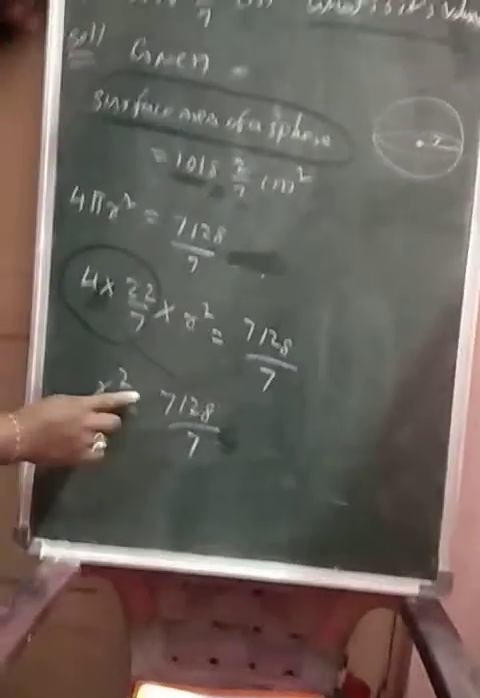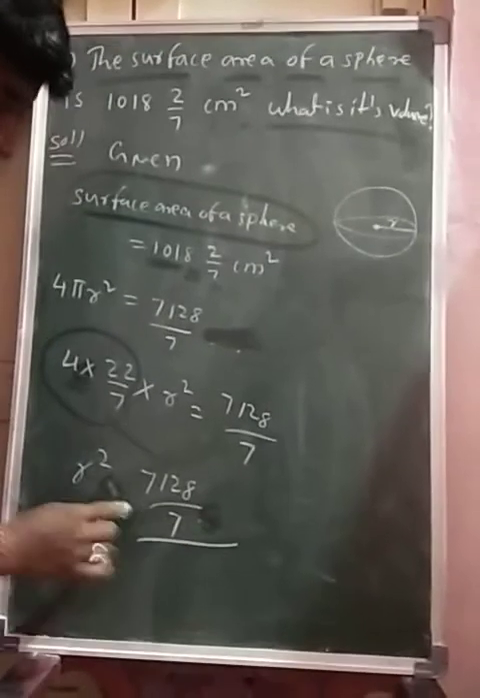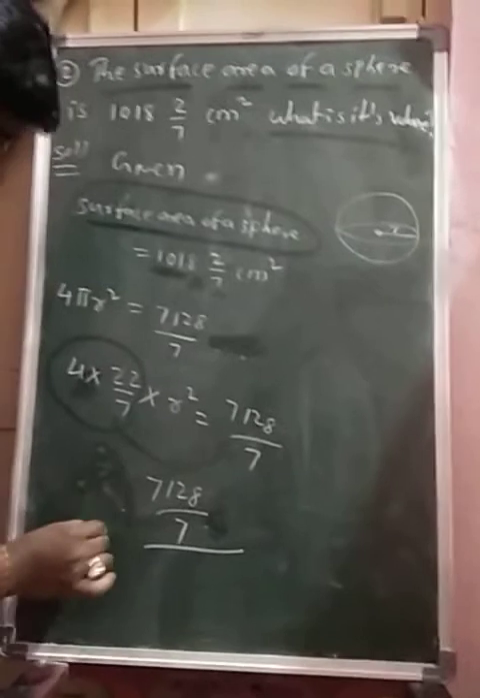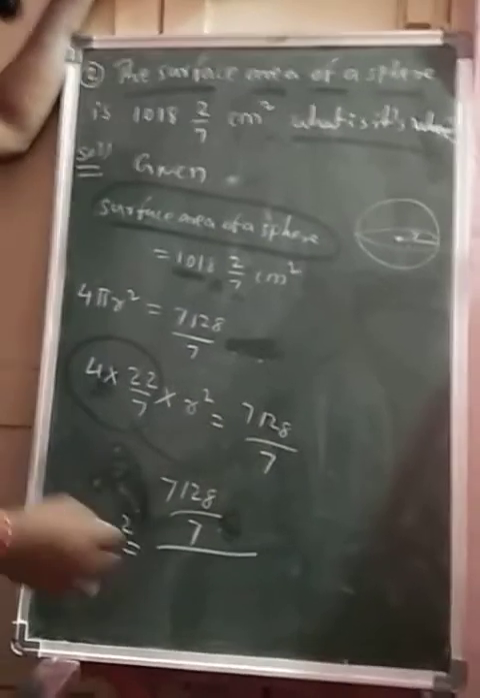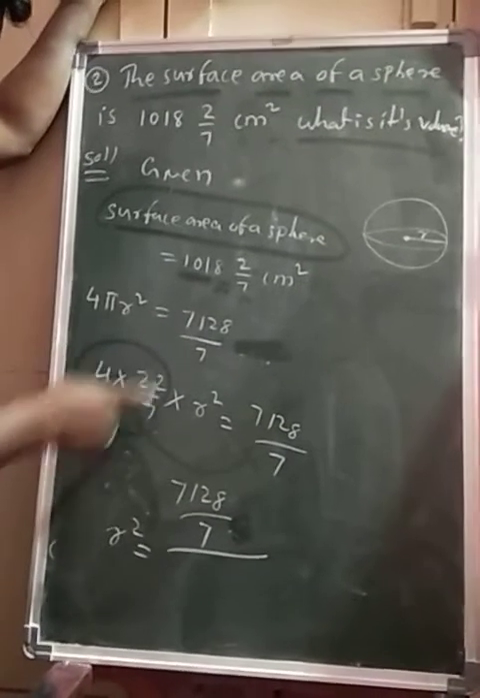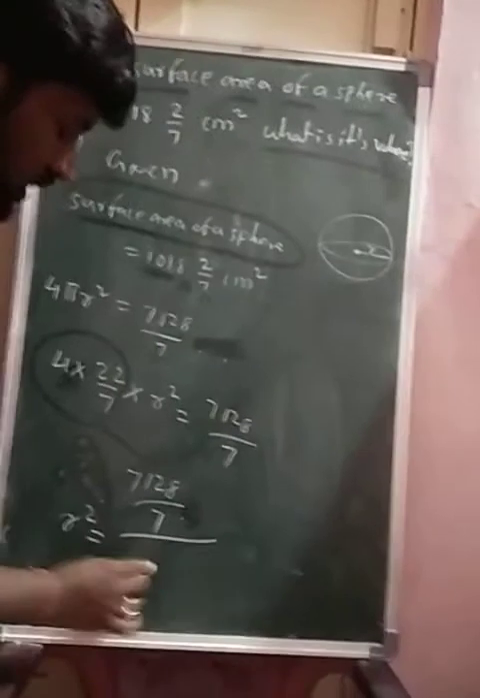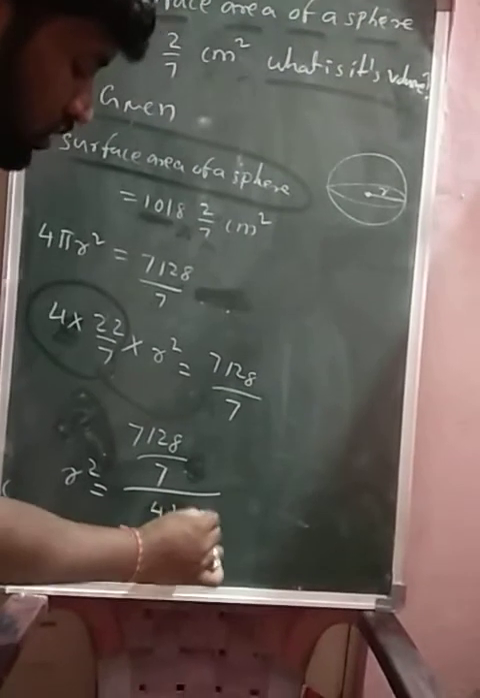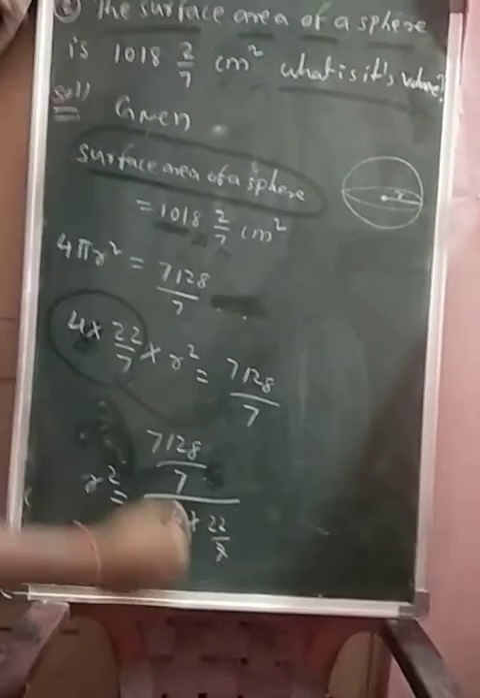Otherwise you write like this. First step, R square is equals to transposing 4 into 22 by 7. So into quantity becomes what, Nana? Division quantity. So that is 4 into 22 by 7. So in next step,